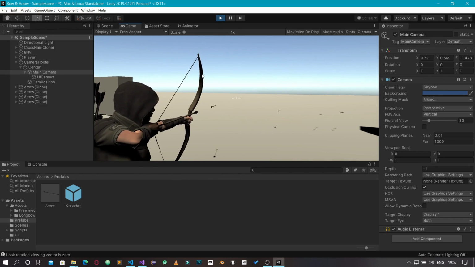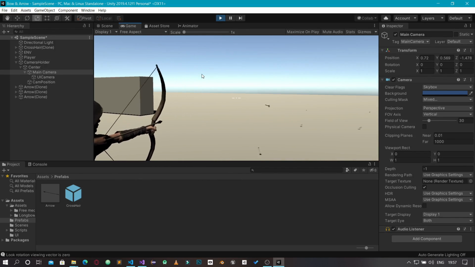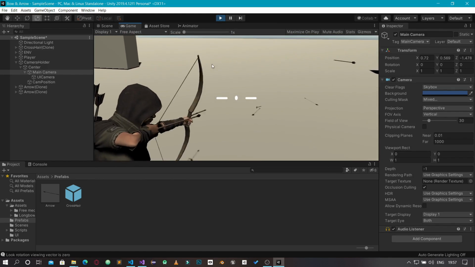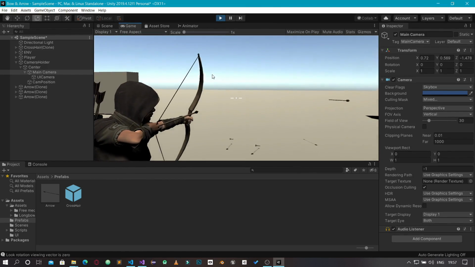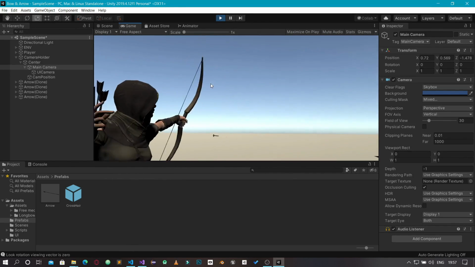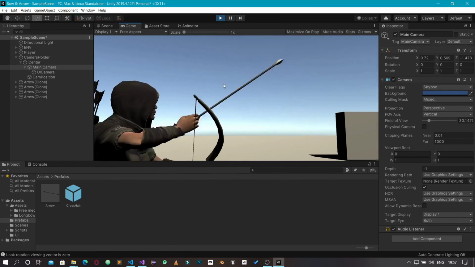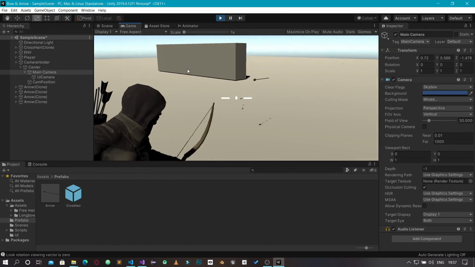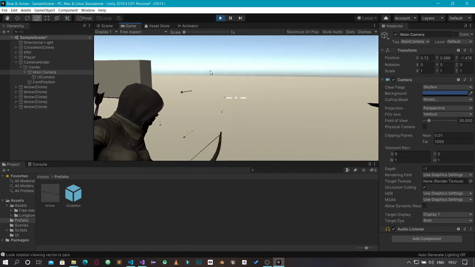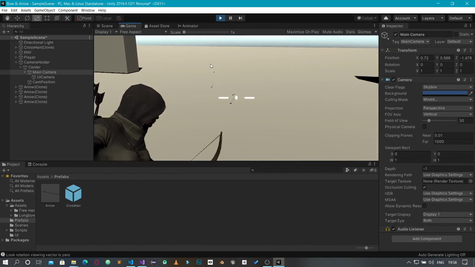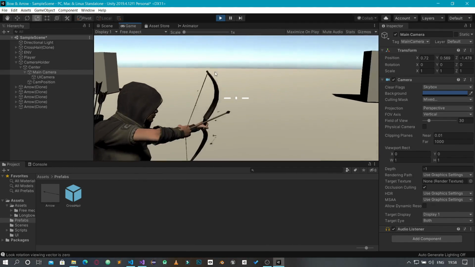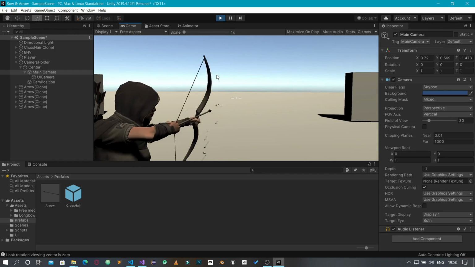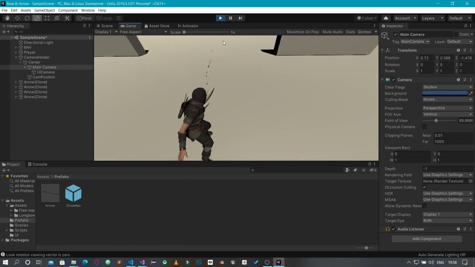I don't know what is giving us that weird behavior, but when you aim very close, it goes and gets stuck into the surface. When I aim this way, let's see what could be the problem. Aim very far, it travels just this short distance, and then